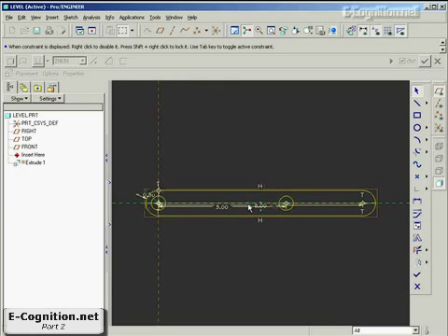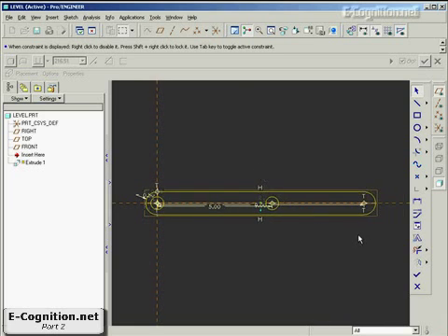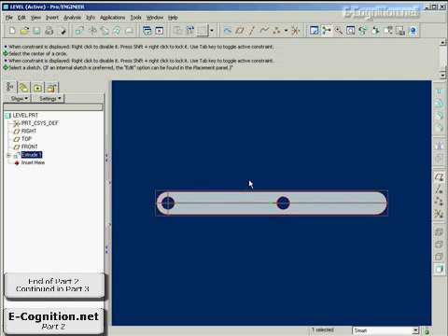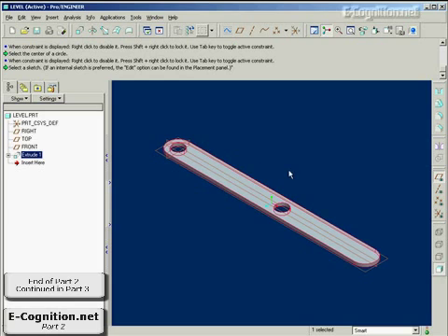I don't typically make a protrusion with holes in it, but in this case we'll make an exception, and it certainly will work fine. Let's make this a nice even 0.13, so it's just a little bit of a plate. Control D for the default view, and that could be our part. So I'm going to turn on